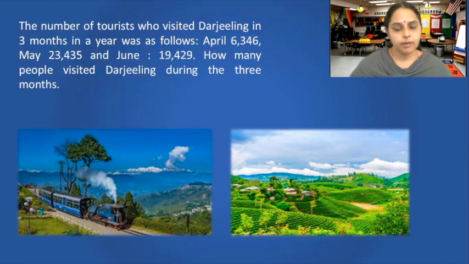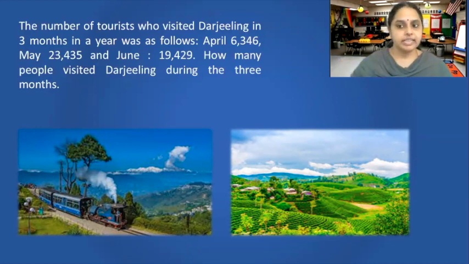So what is this problem talking about? The problem is talking about the people visiting Darjeeling, isn't it? In 3 months data we have. And what are we supposed to find out? Putting together all these 3 months, we have to find out how many people visited. അപ്പൊ ഈ 3 മാസത്തിലും ഒരുമിച്ച് എത്ര ആൾക്കാരാണ് ഡാർജിലിംഗിൽ വിസിറ്റ് ചെയ്തതെന്നാണ് ചോദിക്കുന്നത്. അപ്പൊ നമ്മൾ ഏത് arithmetic operation ആണ് യൂസ് ചെയ്യുക? Which arithmetic operation will we use? Since we have to find out how many people visited during these 3 months, together, so we would be using addition.